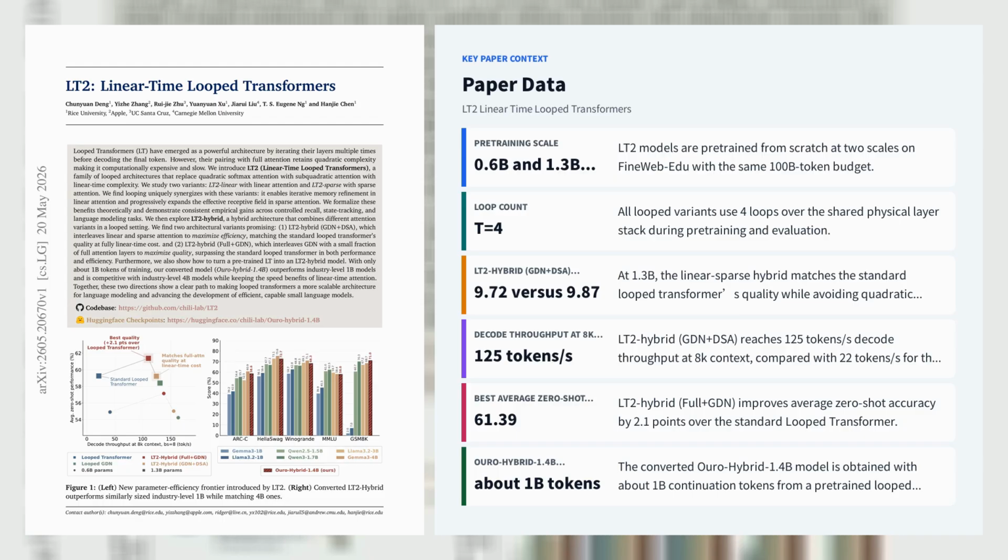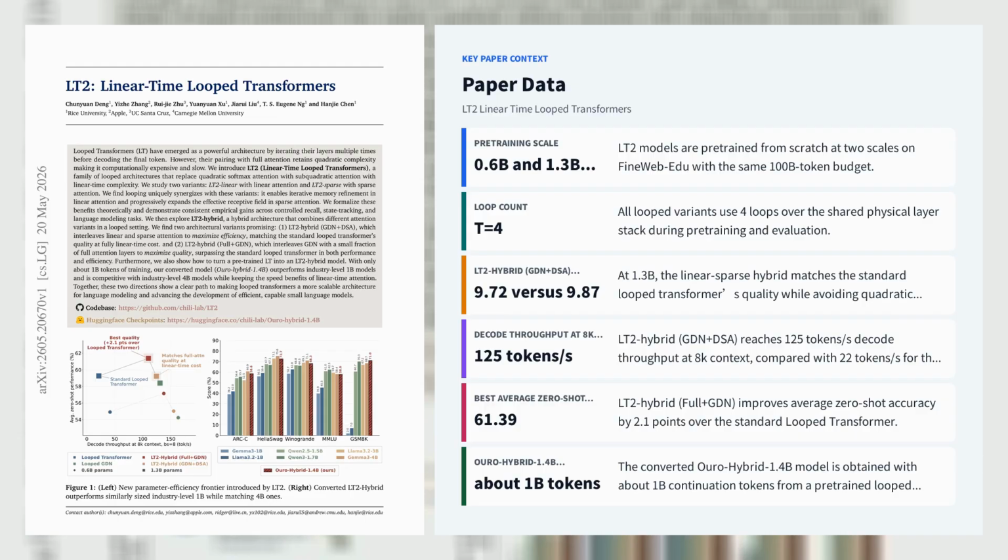The key novelty is that looping is not just compatible with efficient mixers, it amplifies them. In the linear case, repeated application upgrades a rank-one memory update into an effective rank-T update. And in the sparse case, T loops expand a sliding window's receptive field to roughly T times W tokens. On FineWeb-Edu, pre-training at 0.6B and 1.3B parameters with T equals 4, LT2 variants stay within about one average zero-shot point of the full attention loop, while LT2 hybrid GDN plus DSA matches the standard looped transformer at 1.3B,